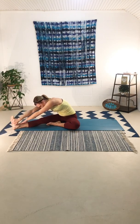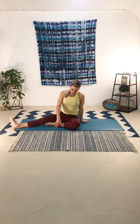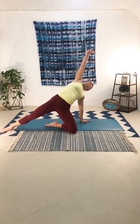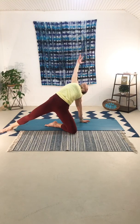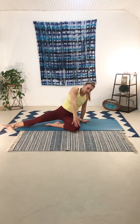Option to find a twist as you draw open through your left fingers. And releasing that left palm to the earth, right outside your left hip. Rolling onto your left shin. Right fingers touch the sky as you open your heart. Sink your way back down, coming onto your back,